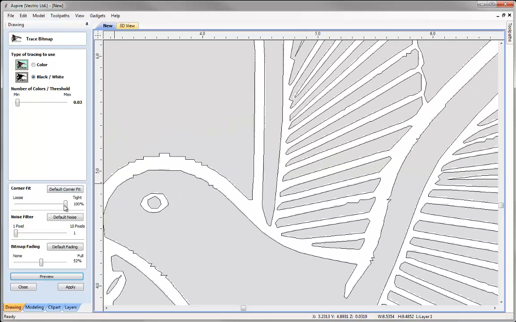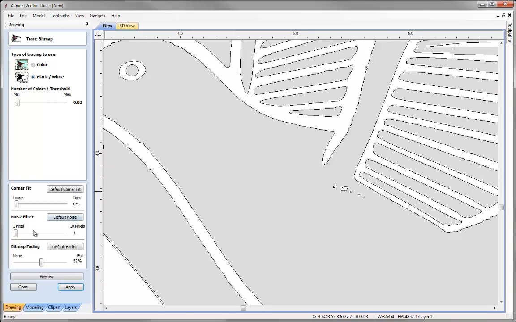So I can demonstrate how this changes by just taking that slider down to the very loose end of the corner fitment options and just press preview, and you'll see that that's then smoothed out those vectors slightly. And then we've also got the noise filter as well. As it's at 1 pixel at the minute, any singular pixels that are picked up with the trace bitmap tool will be ignored, but we can have an option to select up to a maximum of 10 pixels